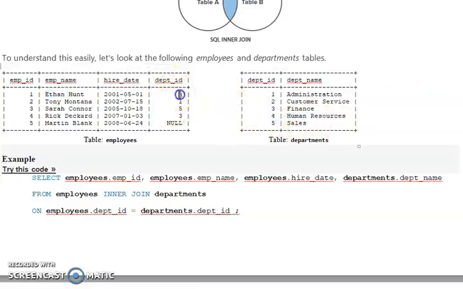So this condition needs to be matched. Department ID from this particular table, the employee table, and department ID from the departments table must be matched. Only then do we want to combine it. So we want to combine these two tables based on the department ID of the employees table and the department ID of the departments table. Wherever there is an equal match, only